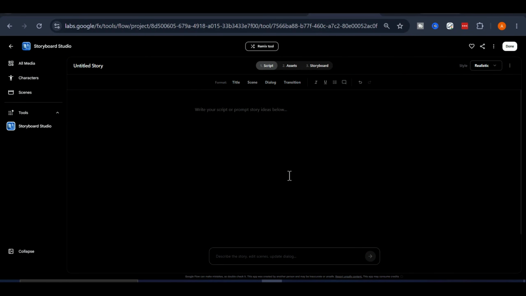If you've already written your story, simply paste it into the script box. But if all you have is a simple idea, that's completely fine. Google Flow can build the story for you. For this example, I'm creating a 5-scene short adventure film about an explorer searching for a forgotten treasure buried beneath an ancient desert temple in broad daylight. No night scene. Type your idea, click Generate, and within a few seconds, Flow transforms that simple concept into a